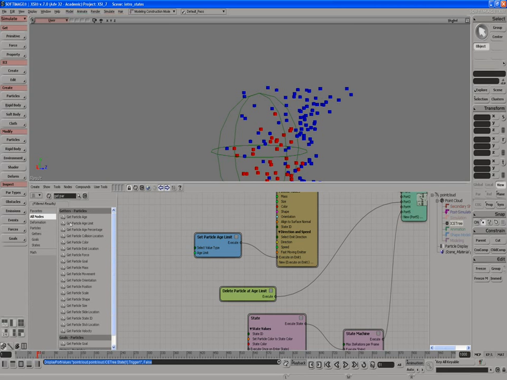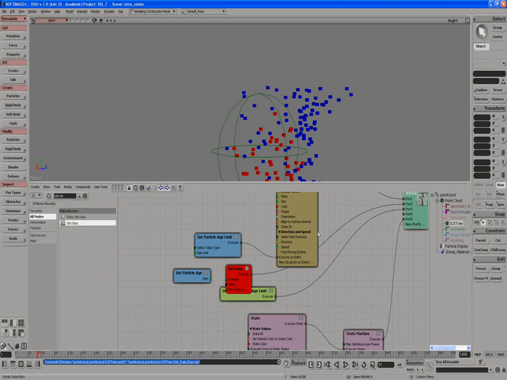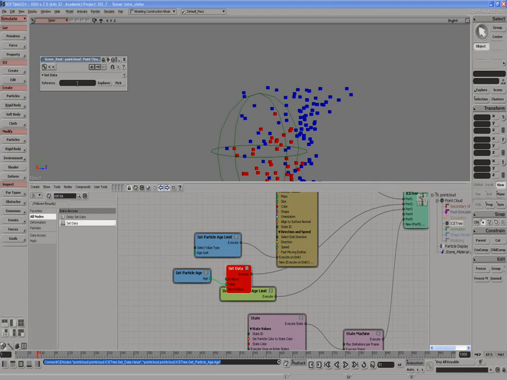So I'm just typing get particle age. I need to set it to something, so I'm just going to do a set data. And I'm going to link the set data into my ICE tree. I've got an empty node right there in port 2. I'll bring this here in to value, and I'll just give this a name. I'm going to use a self